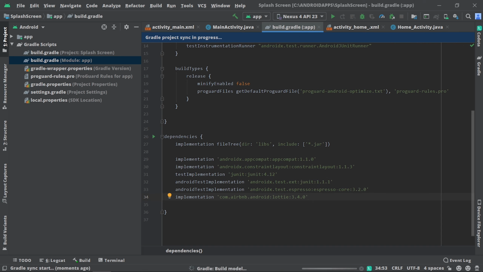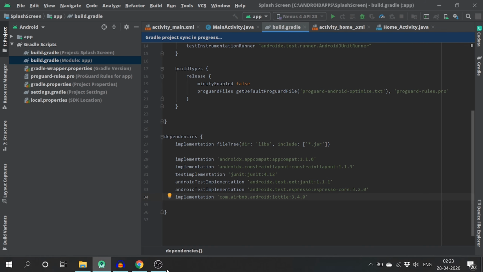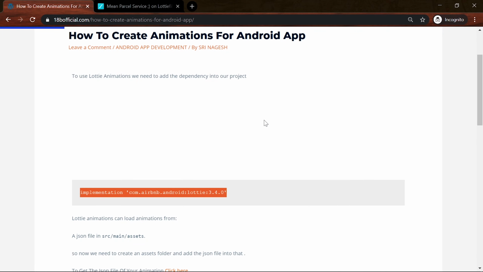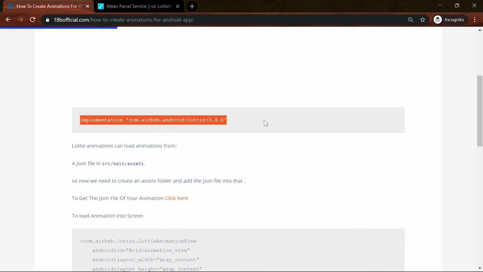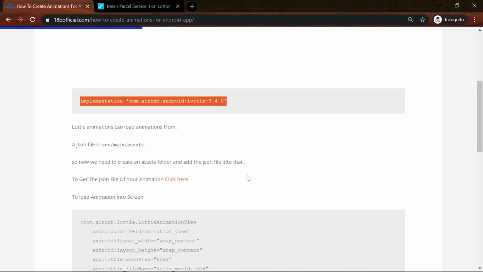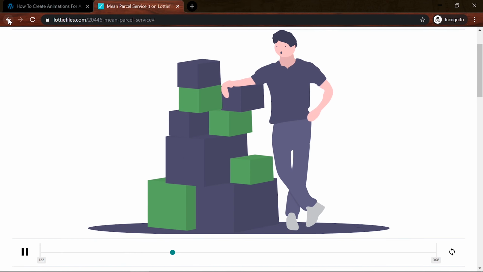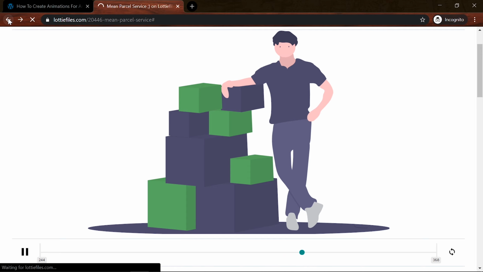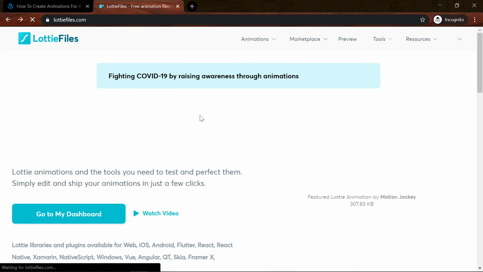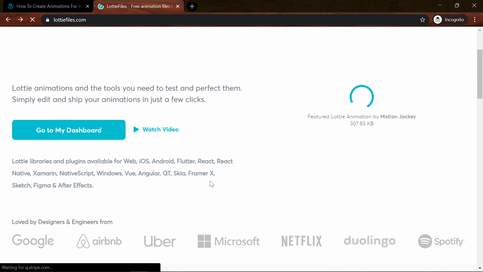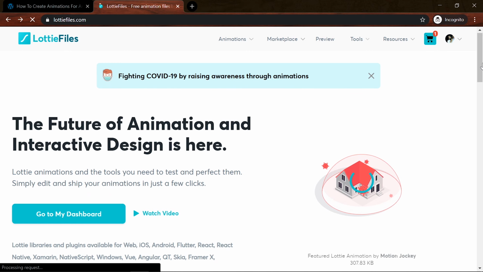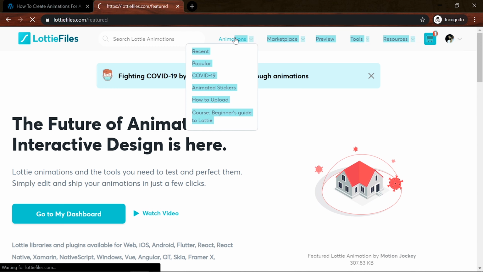Meanwhile, get back to this website, because after adding the dependency we need to get the animation. To get these animations, here is the link, click here. After clicking the link, you will be redirected to this website. You need to log in with your Google account and click on Animations here.